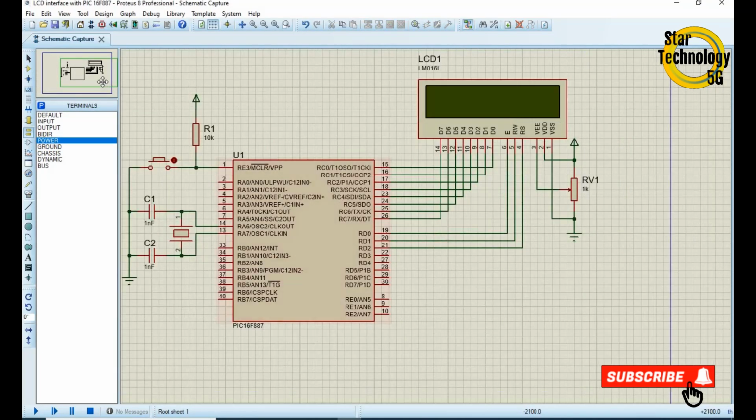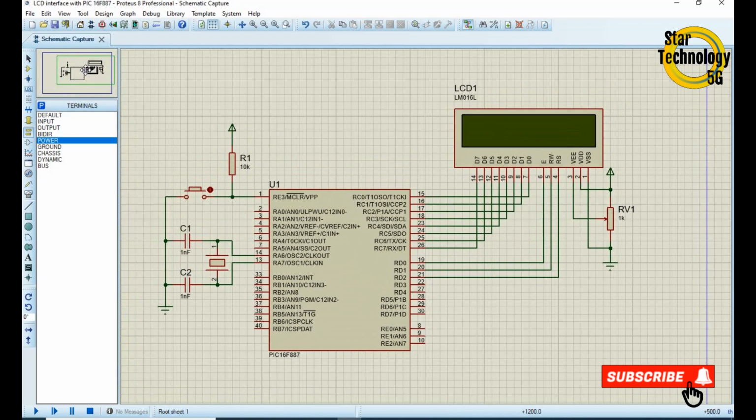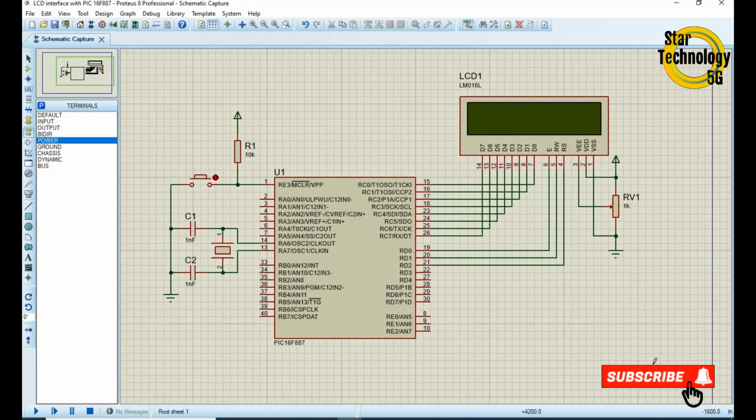Friends, the circuit is ready. Now we will write its code in MPLAB, and after that we will test this circuit.